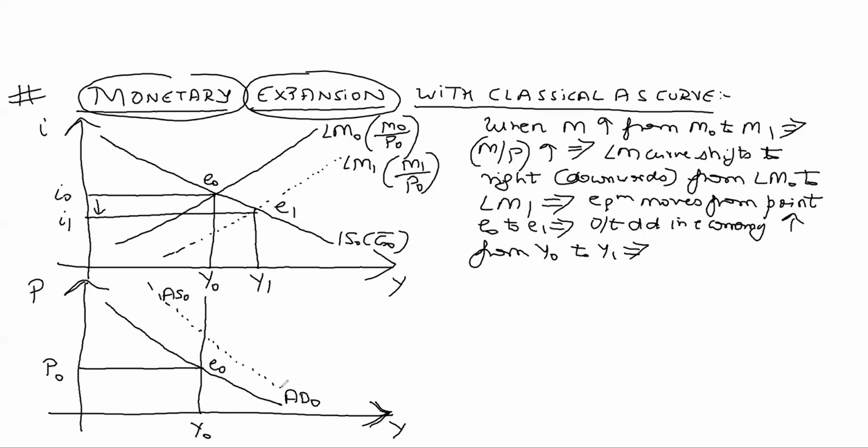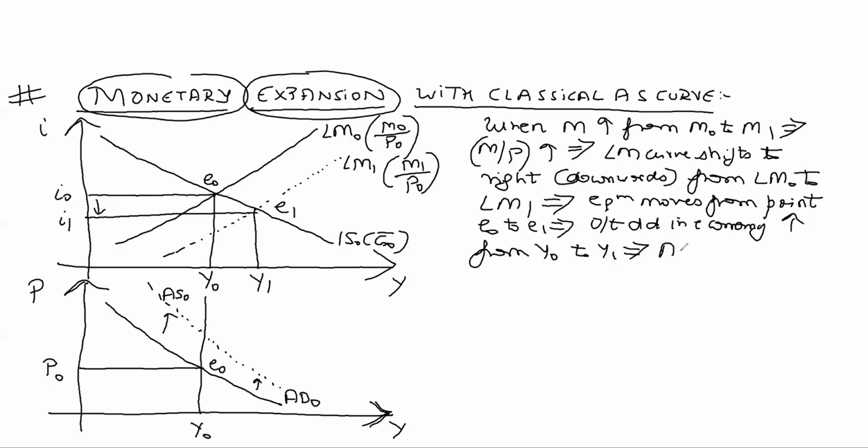When money supply goes up, aggregate demand will shift up vertically in exactly the same proportion as the money supply. Something which we had done in the aggregate demand lecture. Fiscal expansion causes the AD curve to shift parallelly to the right. Monetary expansion causes the AD curve to shift vertically upwards in the same proportion as the money supply. So it shifts upwards,